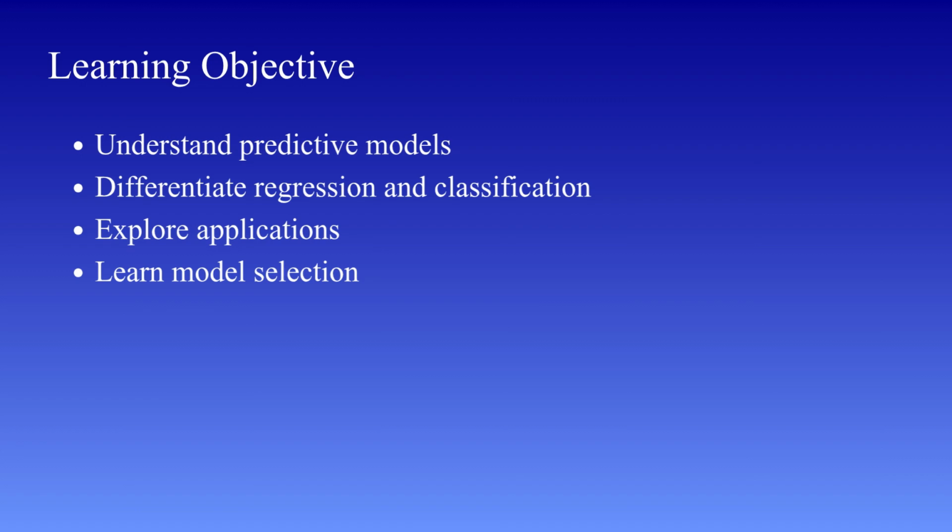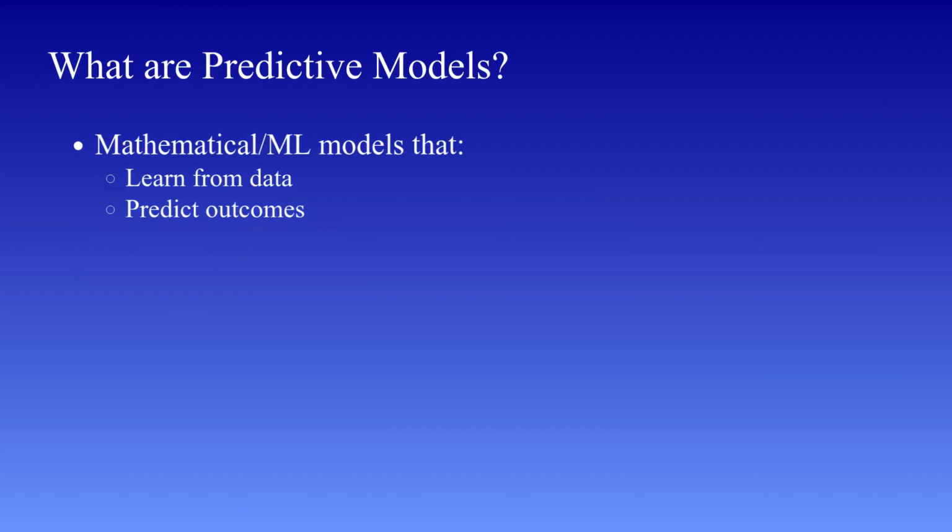In addition to this, you should be able to interpret the results of a regression model. This includes understanding concepts like error, residuals, and how we evaluate whether a model is good or not using performance metrics. Finally, you should be able to connect regression concepts to real-life applications, so that you can see how these techniques are used in areas like business, healthcare, and engineering. So, keep these objectives in mind as we move forward, because everything we discuss today will align with these learning goals. Now let's understand an important concept.